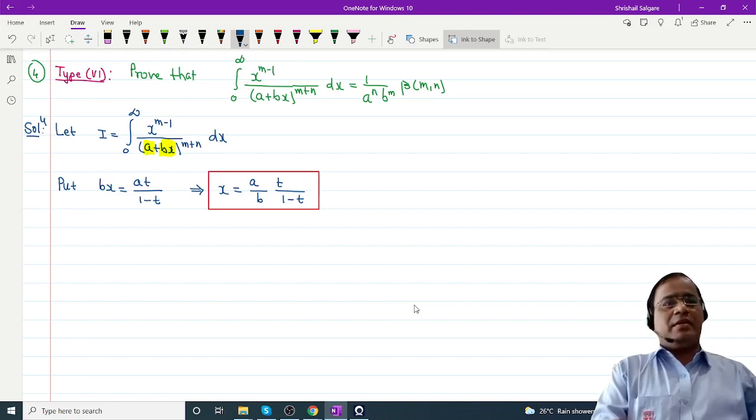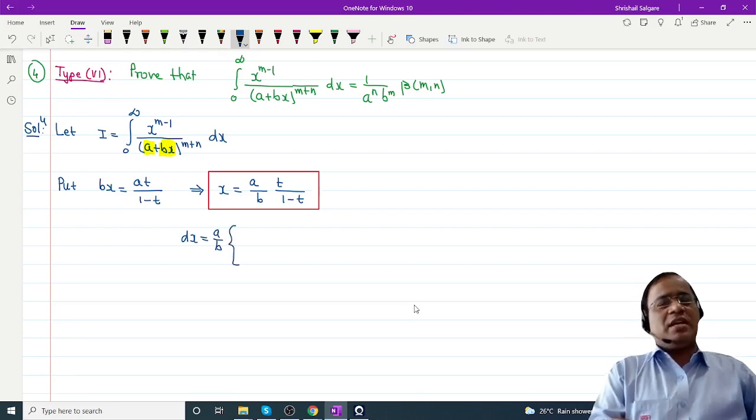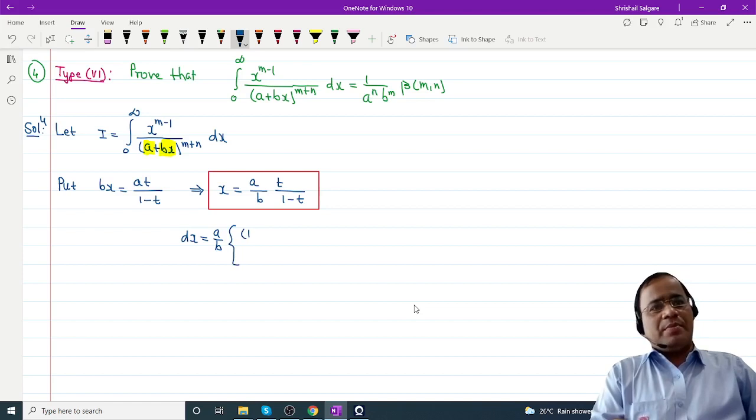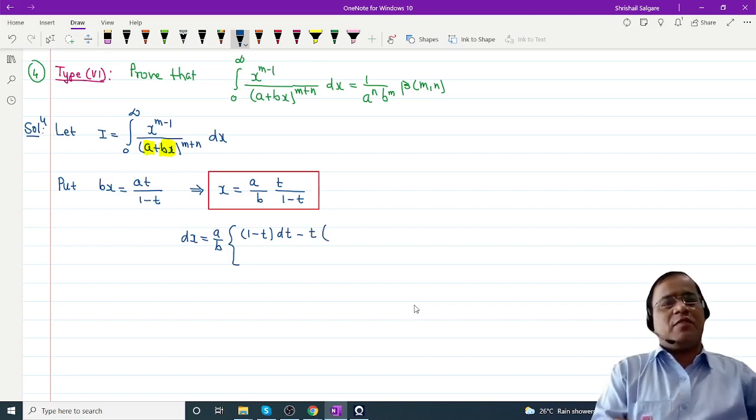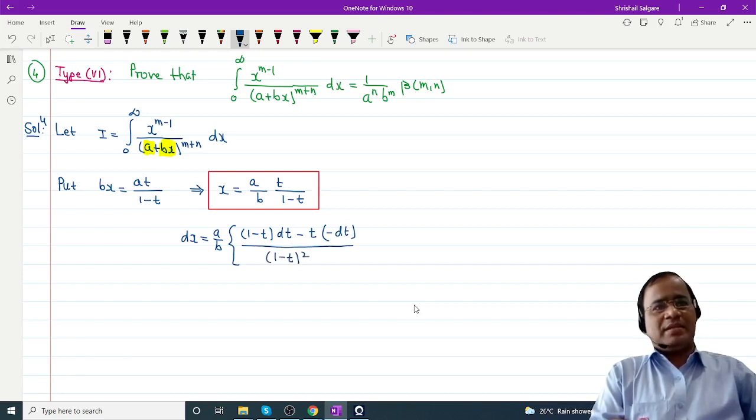Okay, very good. What you did for the right side, I think you have to use the quotient rule. Remember, for first example only I will calculate that. So if you differentiate both sides, this dx is equal to this a by b outside term remains as it is. Now here I have to use the quotient rule. So denominator as it is 1 minus t, differentiation of t is dt, minus t as it is, differentiation of 1 minus t, differentiation of 1 is 0, differentiation of minus t is minus dt, and that 2 whole divided by 1 minus t bracket square.